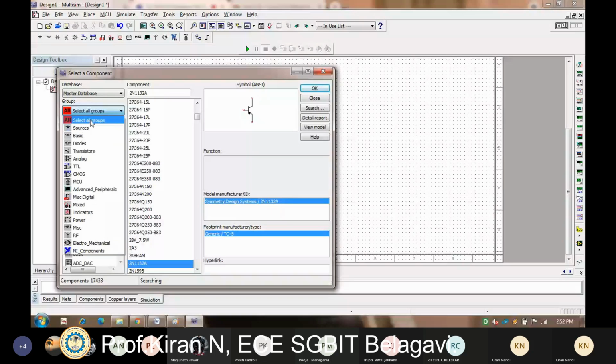You'll get that. Select it and place it somewhere here in the circuit diagram. I have already placed it. Now if you want to rotate it, select it and right click on this. You can go for clockwise rotation.